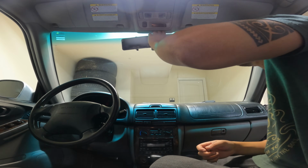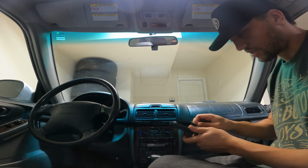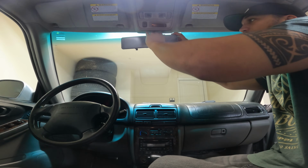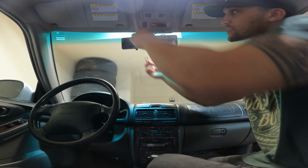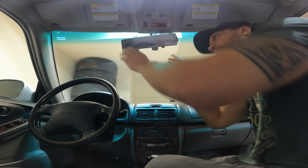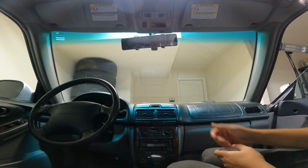That's a little shoddy. Yeah, let's do this. I'm gonna end up going over the top like this. Clips in, and then running that down here. Yeah, it's a lot tighter. And then doing the same on the other side. Nice little click. Cool. That is on there, but you know what's kind of annoying is that since the camera